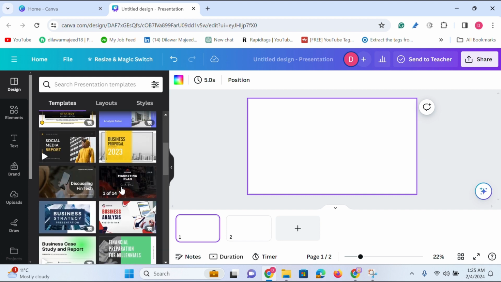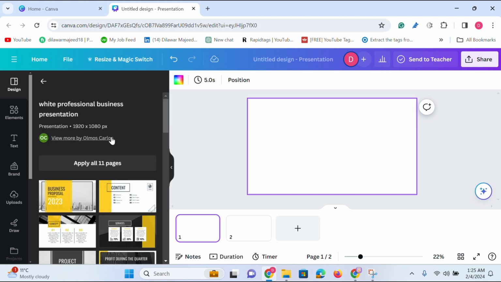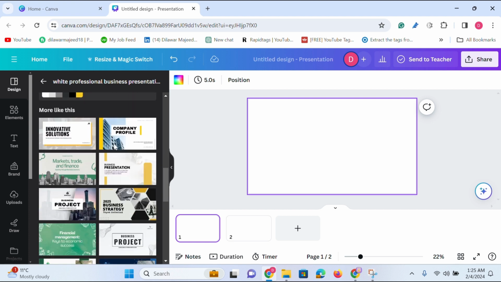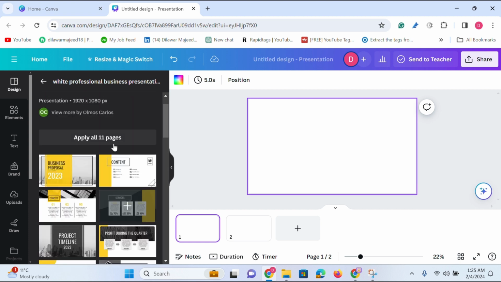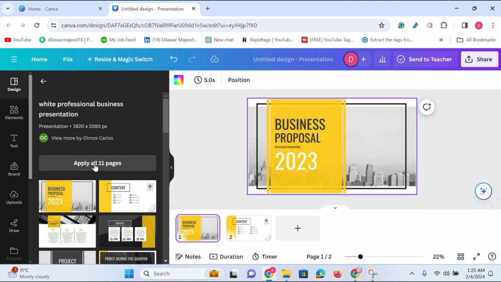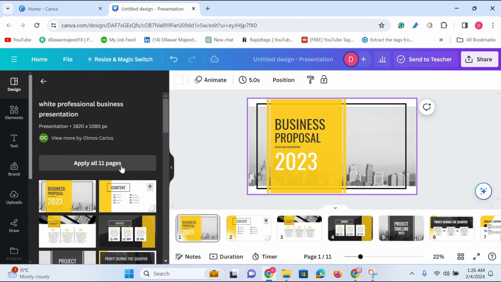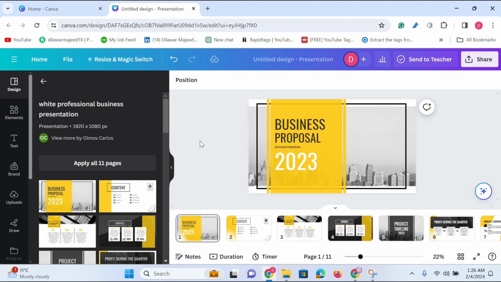I will take a very simple presentation. After that, I will go a little further. Let's take a simple one. Let's take one of these. If I take this presentation, I will show you how great it is. I will add one page in this. If you add this page and open the show pages, you will see how many pages there are, and you can go to